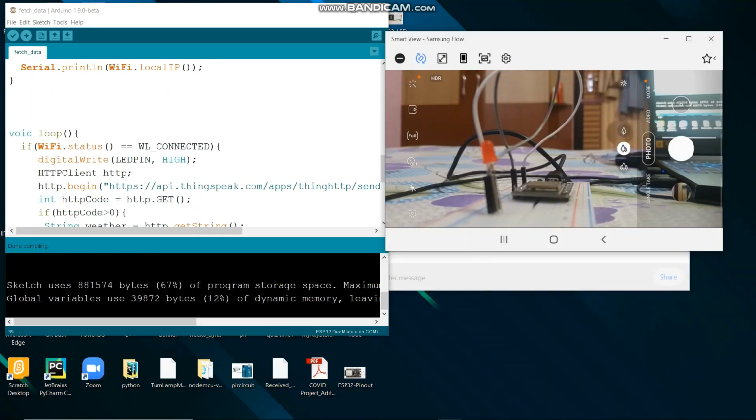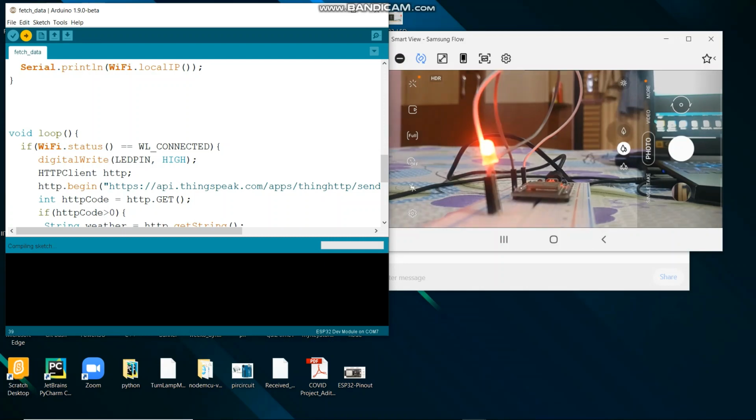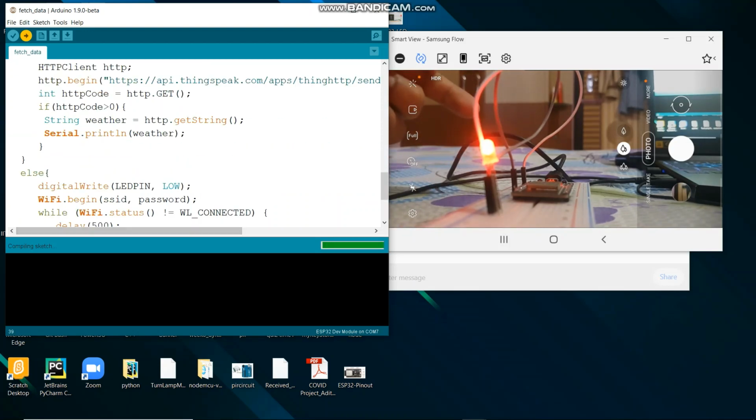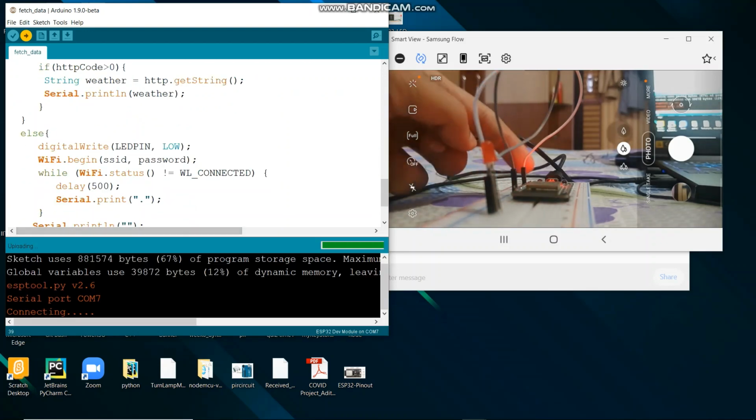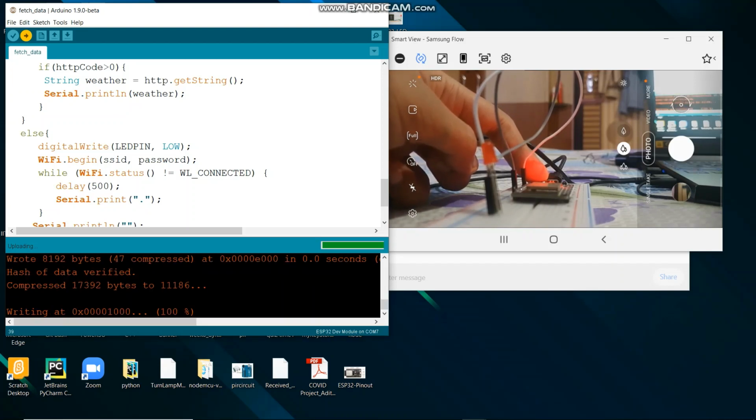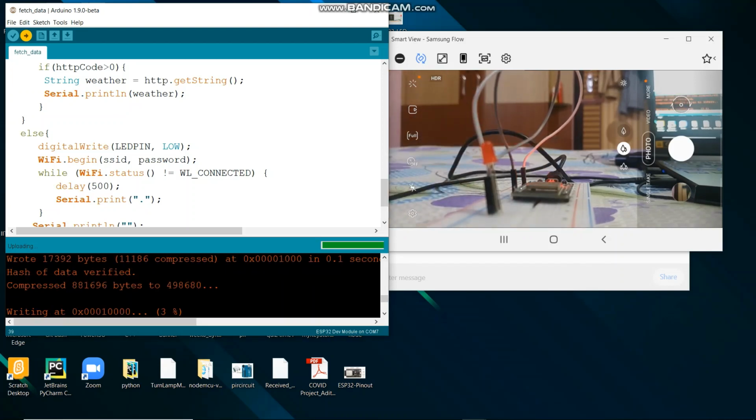Now I'm going to upload my code. Press this pin, then I will upload the code. Because of the previous code, as soon as I connect, the code runs. But now this code is compiling and it will be uploaded in a while. It started uploading, so I have to press this boot button when it's connecting.